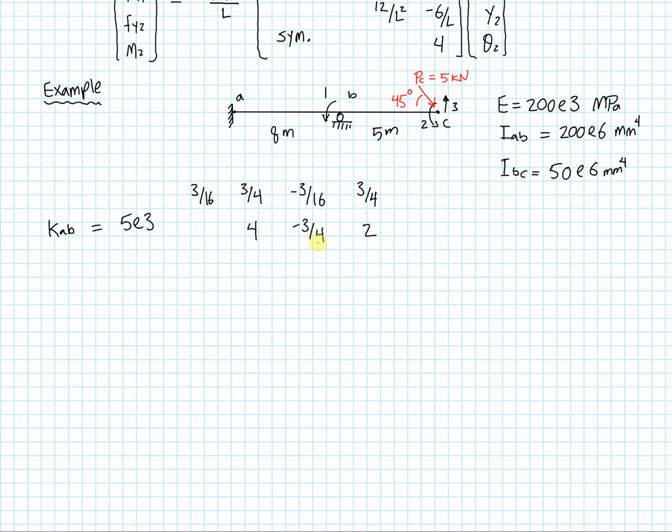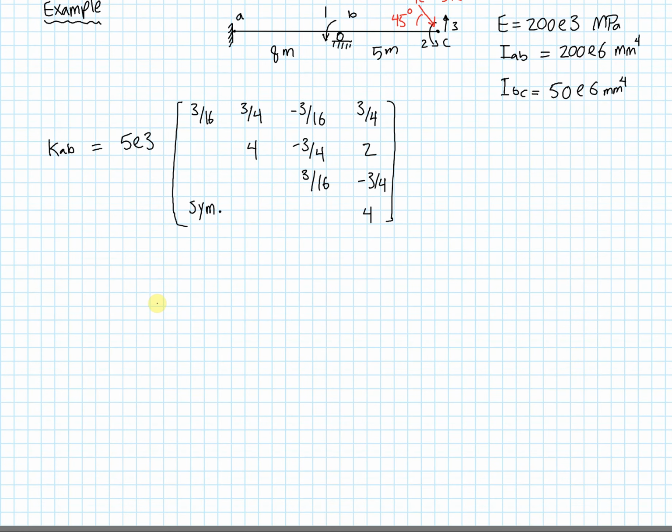There's the second row, and third and final row. There it is. Okay, so we close this matrix, and we ensure that it is symmetric. It has to be symmetric. The next thing we're going to do is to draw the local stiffness matrix